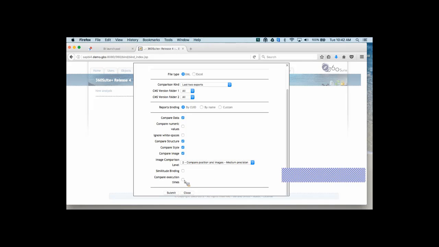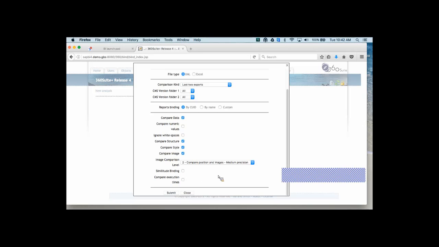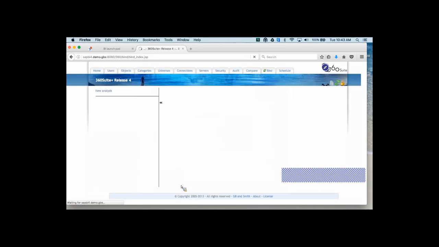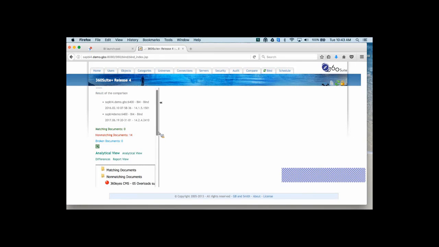And then you can compare execution times. This is actually very helpful. We have a number of customers that will use this tool. The aerospace customer that Nathan mentioned is using this tool because they're migrating to a different database platform, and they want to make sure that they're getting similar response times with their reports on their new database platform. So they're using this to highlight anything that might be at a certain threshold. I'll select that for this. It's a comparison, so it'll go out and compare my reports in 4.1 and 4.2, and then show me